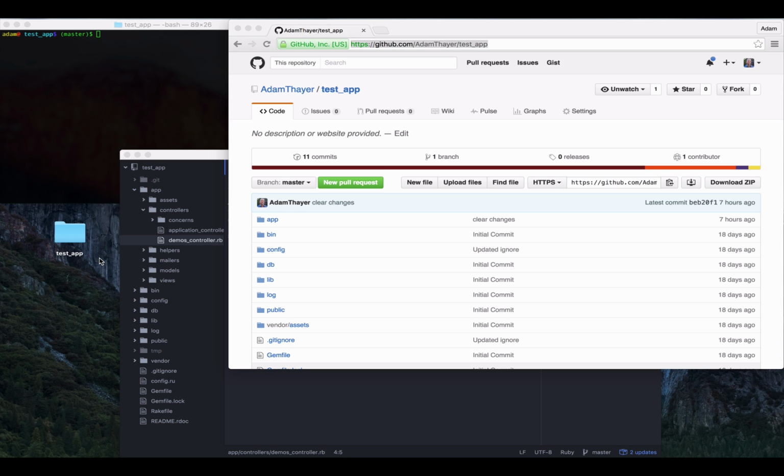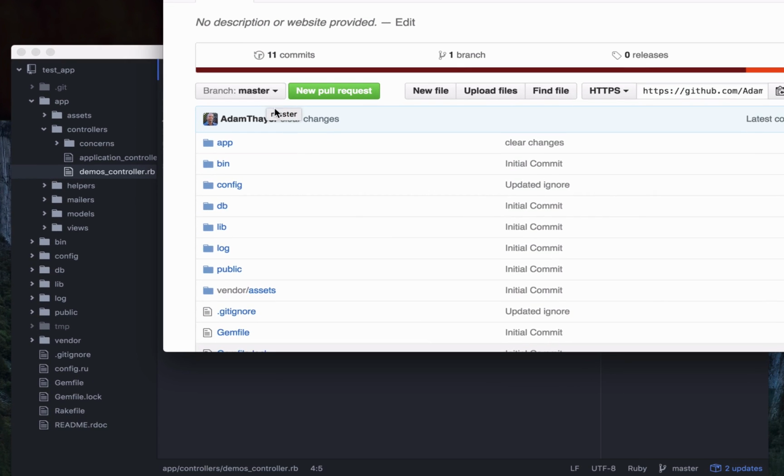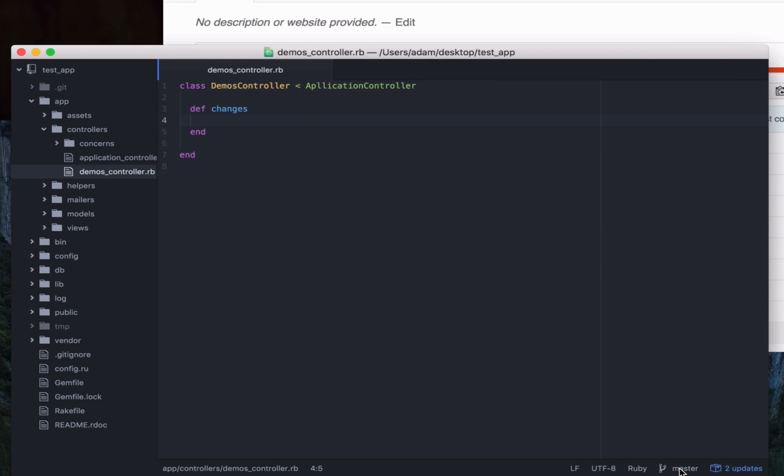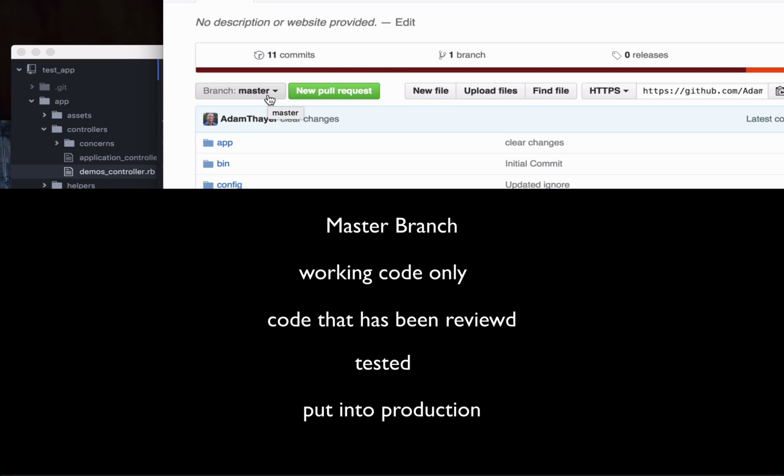branch. This might be the first time you've heard of a few terms like master branch, create new branch, pull request. Well, let me explain those here. Let's start out with master branch. When you connect your application to GitHub for the first time, GitHub defaults the whole repository as your master branch. You can see this in two places, within Atom and on GitHub. The master branch is for all working code that has been reviewed, tested, and can be put